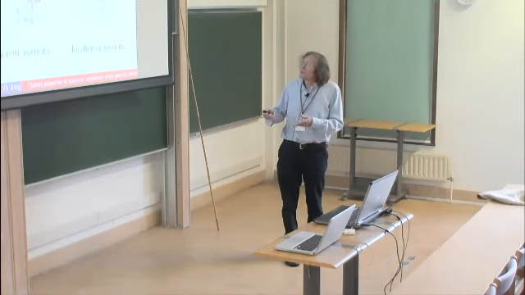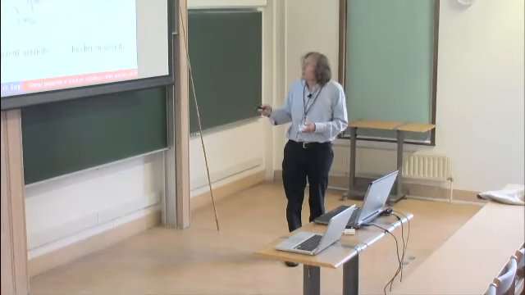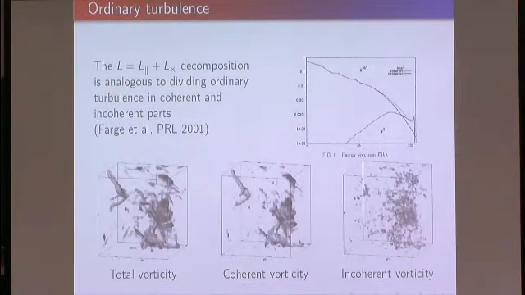field into the part responsible for the large-scale coherent structures and the incoherent structures, so coherent and incoherent, and they found that it is the coherent structure which gives the Kolmogorov spectrum, and the incoherent structure gives a random spectrum which is k squared. So at least in spirit, the decomposition which we apply is the same. We have the coherent part which gives the Kolmogorov spectrum, and then the incoherent part which gives a random spectrum. From our point of view, this random spectrum would be the spectrum which scales as k^(2-1), the spectrum